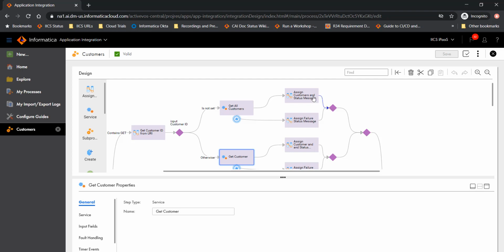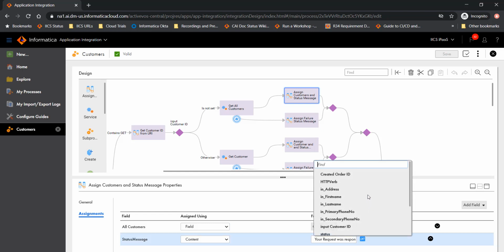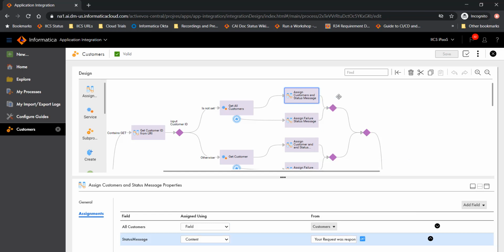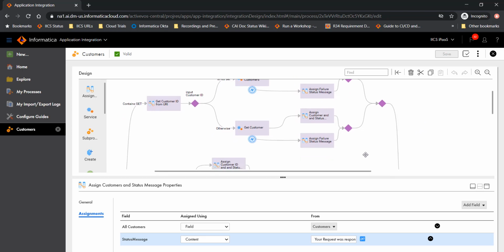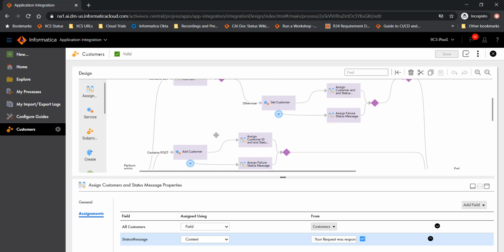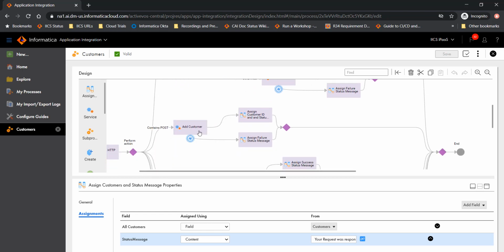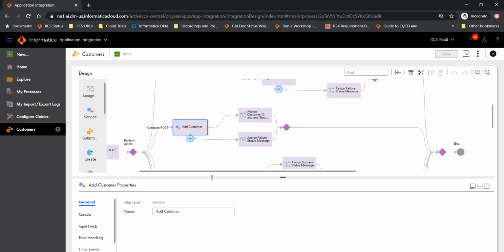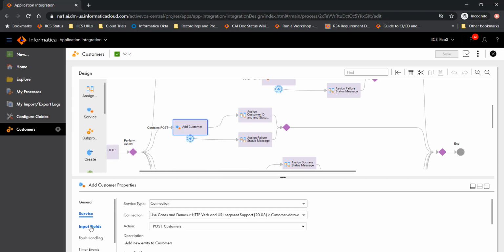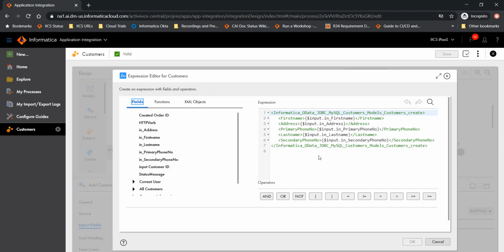You also see there are some assignment steps here which are mainly to ensure that we are able to get the right information to the requester in terms of the right status message or the customer ID. This is necessarily to provide some feedback to the user that either the customer has been deleted, the customer has been updated, or fetching the customer information. Similarly, when you want to do a post operation, when you want to create a customer, you would be able to pass in the required parameters on this branch which is meant for post, and you will pass all this information to be able to create that customer.